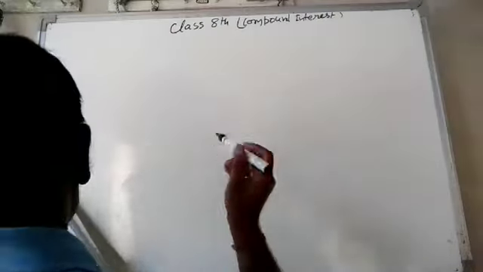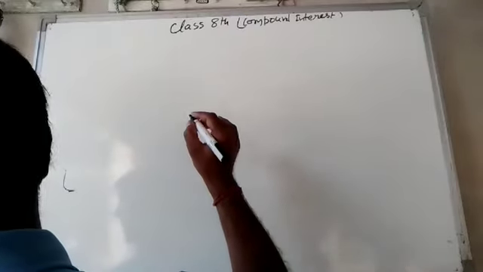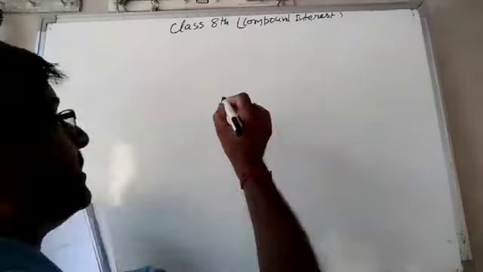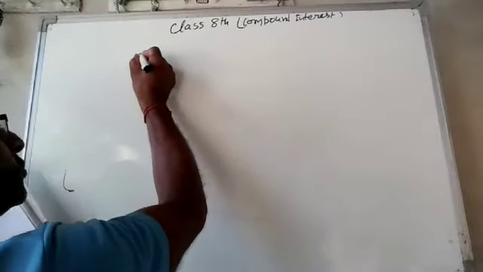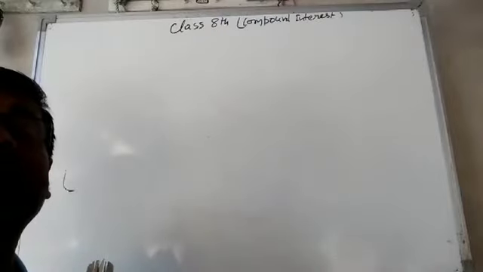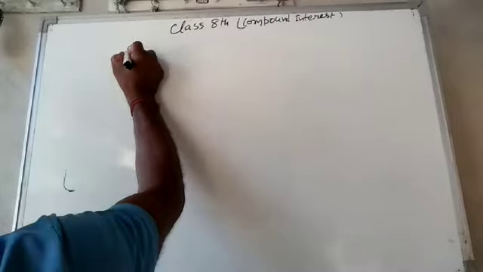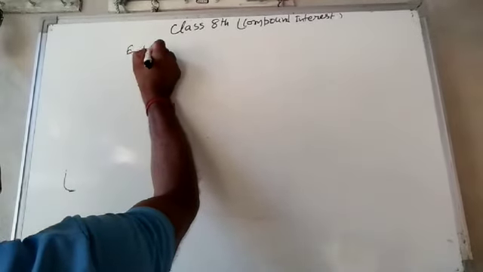The population of a town in 2015 increased at this rate. He is asking the population in 2017. So he is asking 2017, so the population of 2015 becomes the principal. So this is example number 10.